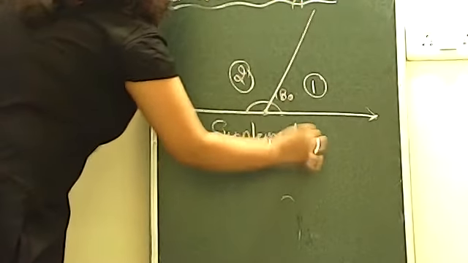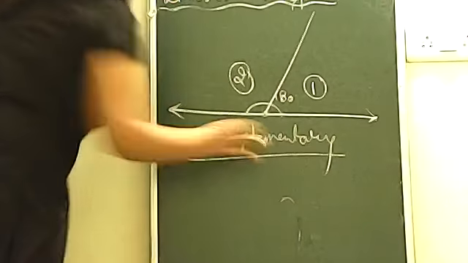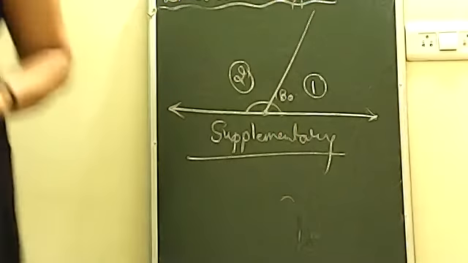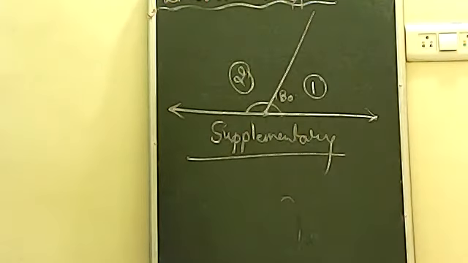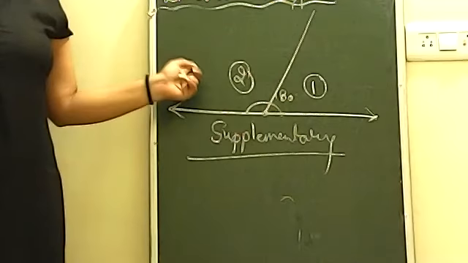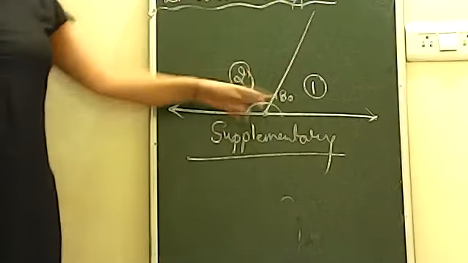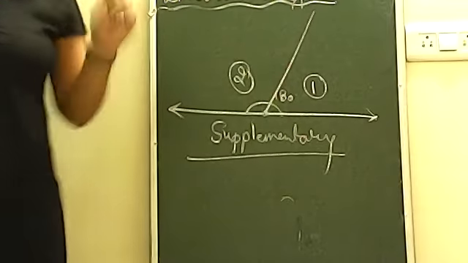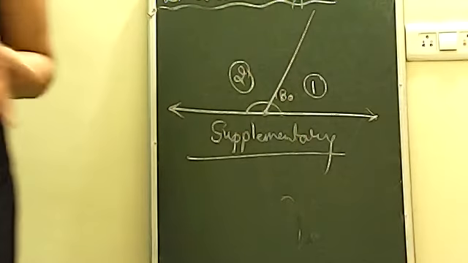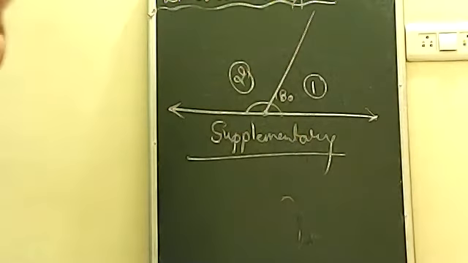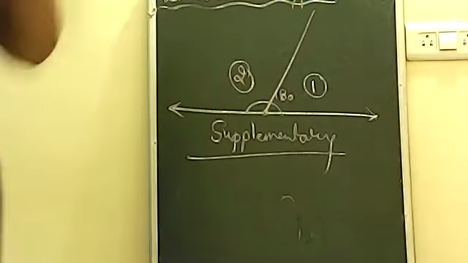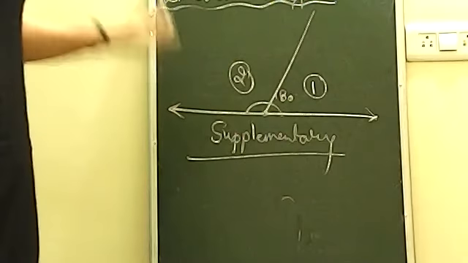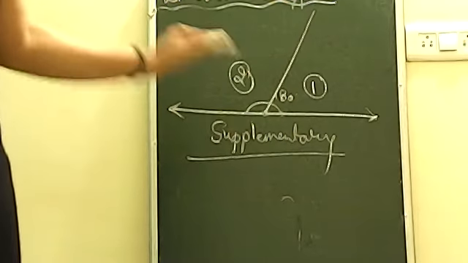What do you say? Yes or no? Am I writing correct? Write it down in the chat box. There are two adjacent angles. I took them here. Both are joining together and giving you the sum 180. That gives you the definition of supplementary. So am I right? Absolutely correct. This is the absolutely correct figure of a supplementary angle.